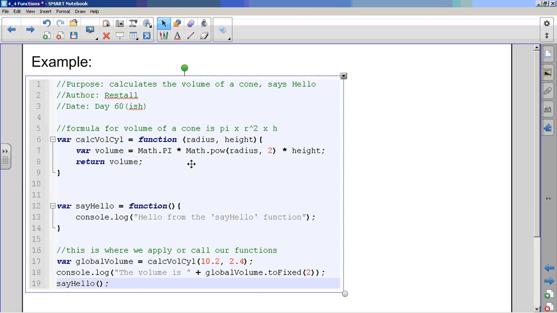This right here is a formula that calculates the volume. This is the one from the other day. I called my function calcVolCyl, short form for calculate the volume of a cylinder. And notice it has two parameters: a radius and a height. Inside, it has a variable volume, and there's the calculation, and then it returns